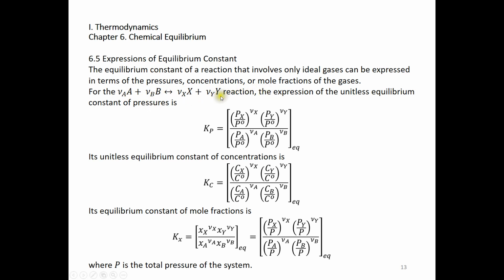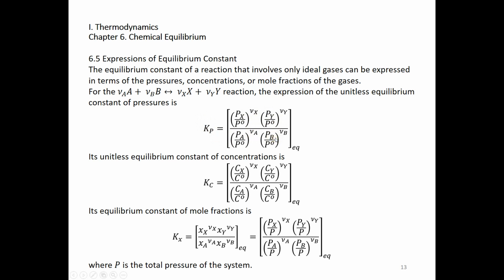Now we can express this equilibrium constant in terms of pressures. So over here you have products on top, reactants on the bottom. And we have Px over P naught. This is dependent on the pressure of X. Over here Py over P naught. This is the partial pressure of Y over P naught. And then the partial pressures of A and B, the reactants, are on the bottom. We also need to take care of the coefficients in front of A, B and X, Y correspondingly. And this is the definition of the equilibrium constant of pressures, because you see the partial pressures of the chemicals